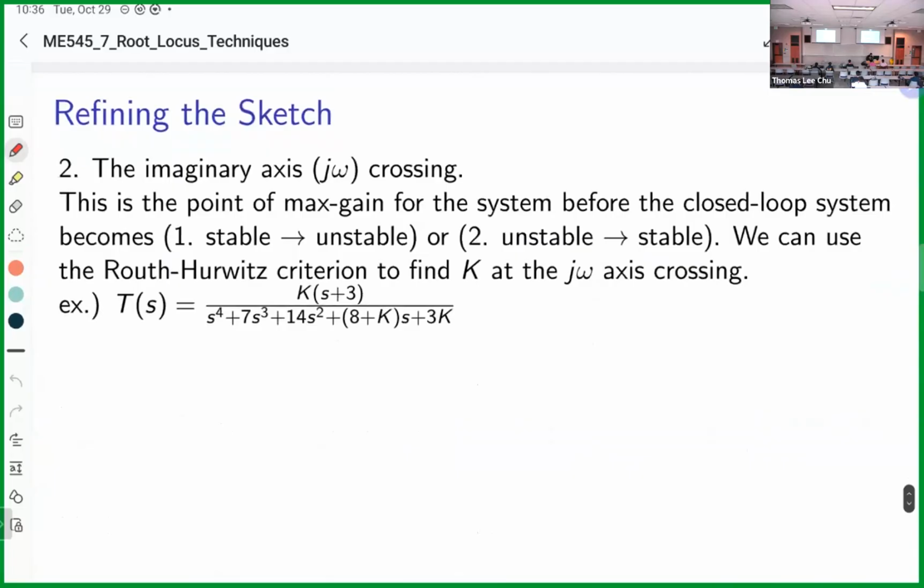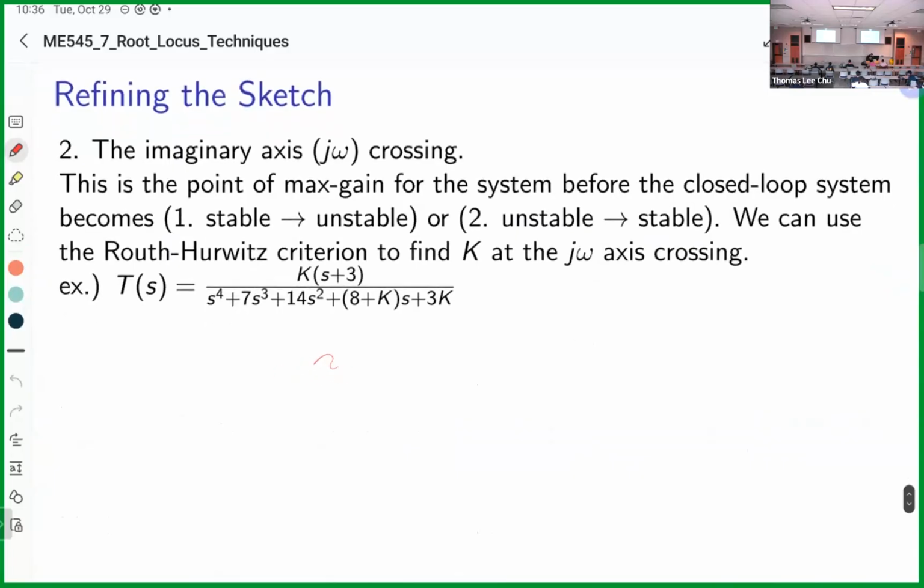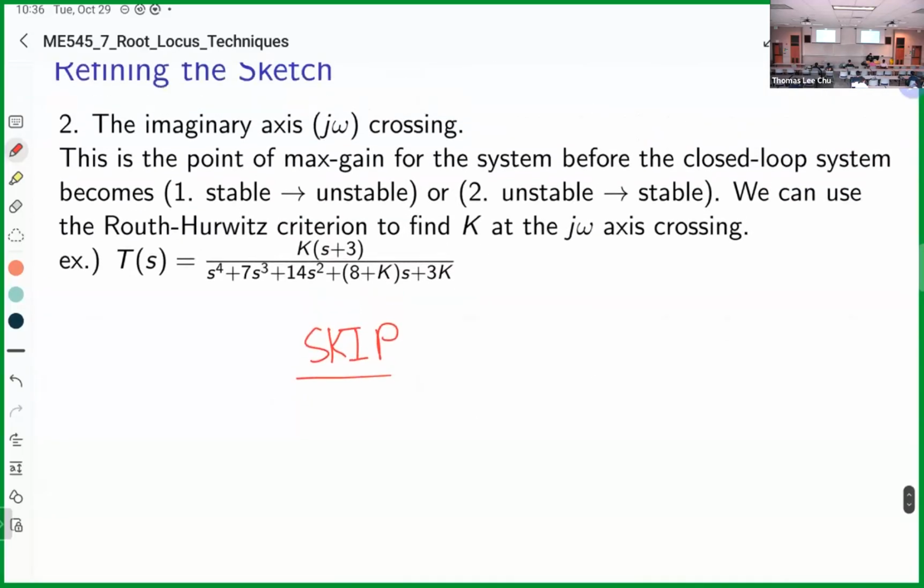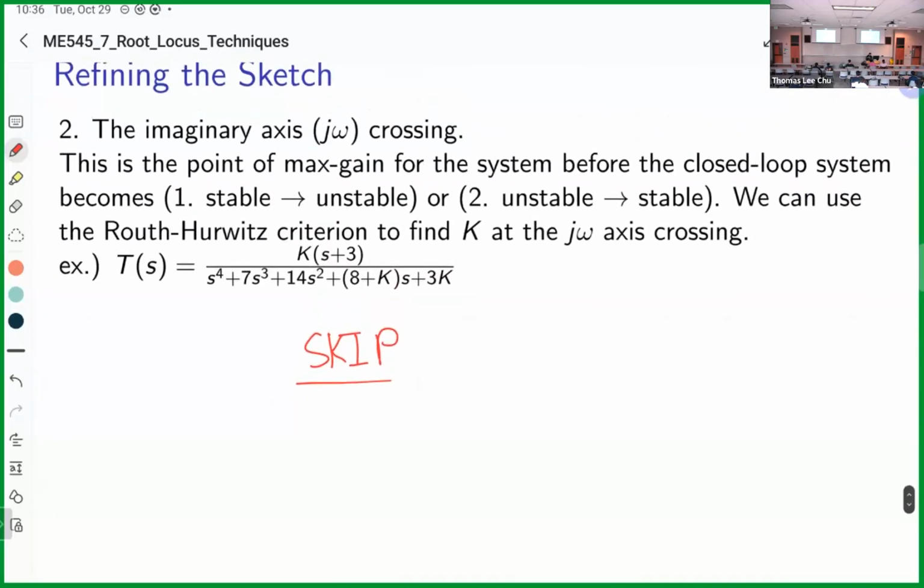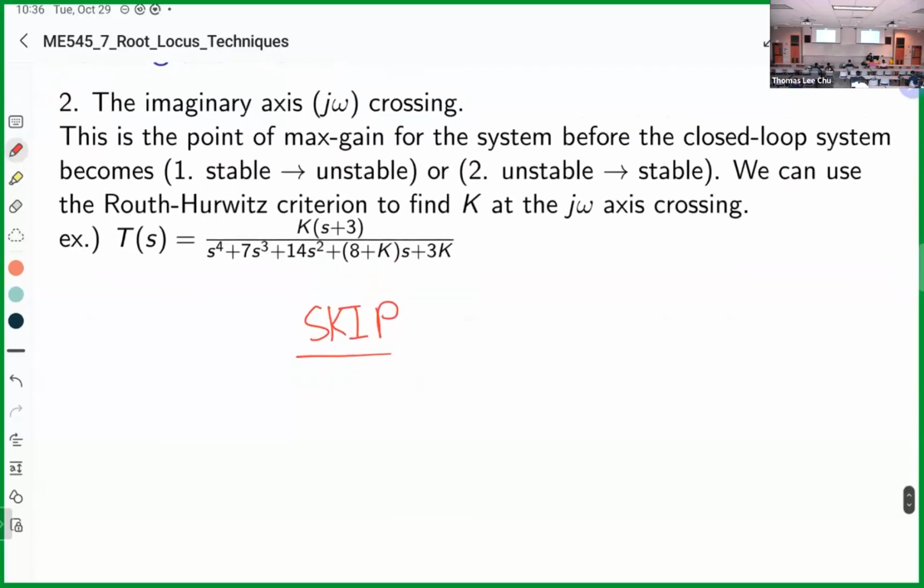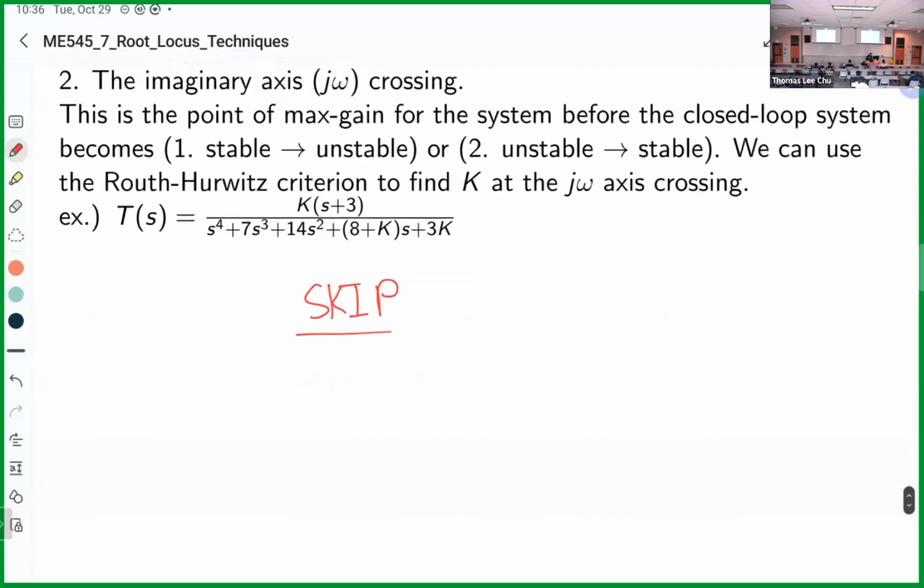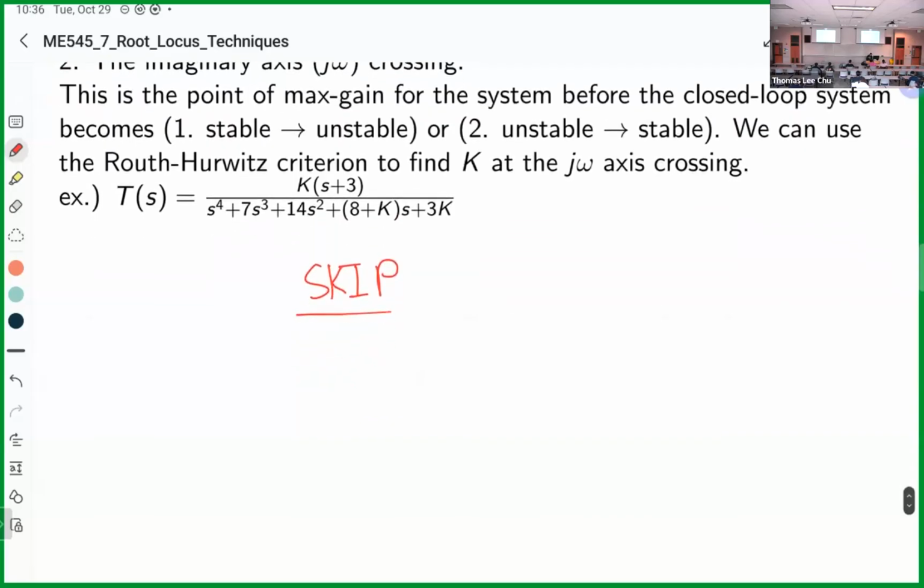We're skipping refining the imaginary axis crossing because we didn't cover the Routh-Hurwitz criterion. So I actually think this is going to put us slightly ahead of schedule, because this also takes a while. But the takeaway of this point, and I'm not going to test you on this and ask you to find the imaginary axis crossing, but to reiterate the point, if we have a root locus